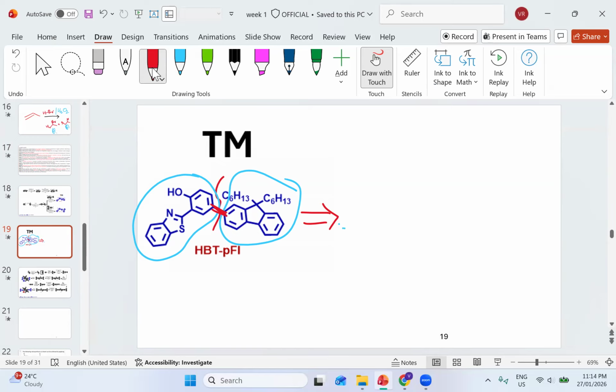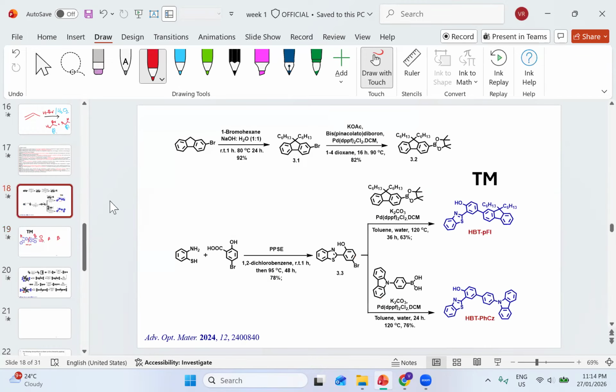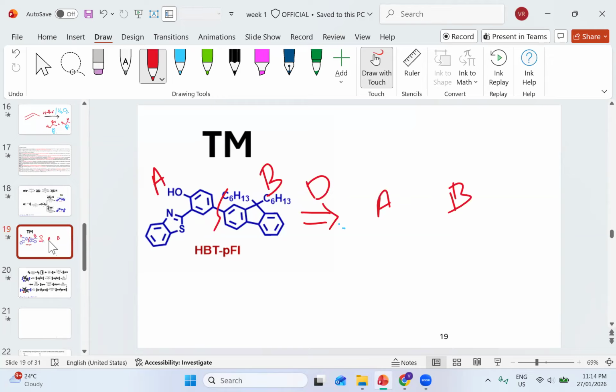So if we just do the disconnection on this bond, I will draw this part as A and this part as B, right? So this A and the B we get with the help of disconnection. This HBT part,